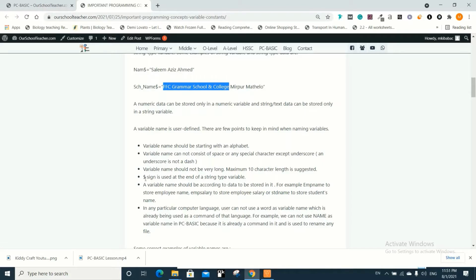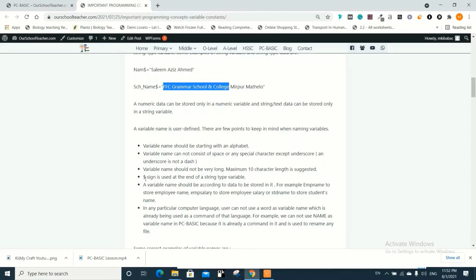Then the next is variables might be of two types. One is numeric variable and the other one is string type variable, or text type variable, you can say. Numeric variables are used to store numbers, and string type variables, or text type variables, are used to store text or string.